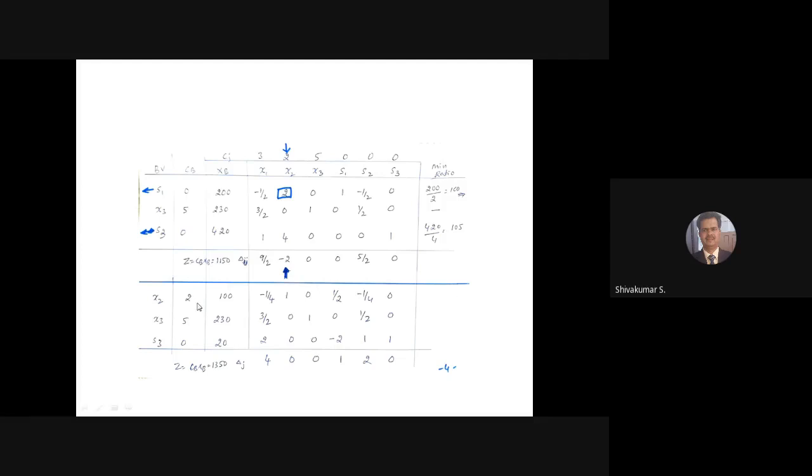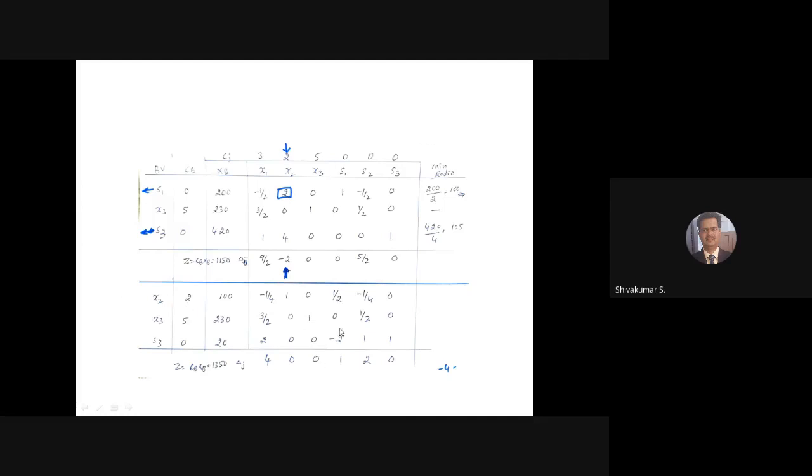You can't use a calculator, and instead of 1 by 4, don't write 0.25, and don't write 0.5 for 1 by 2 and so on. You have to write the fractions like this only. So here, 2 into minus 1 by 4 plus 5 into 3 by 2 plus 0 into 2, minus 3. You want to get 4. Second column: 2 into 1, 2; 5 into 0, 0; 0 into 0. So 2 minus 2, 0. 2 into 0, 0; 5 into 1, 5; 0 into 0. So 5 minus 5,